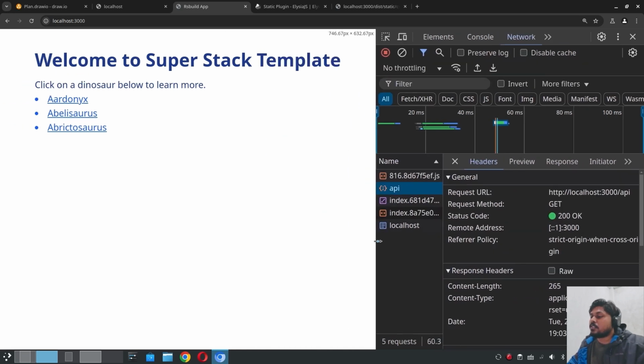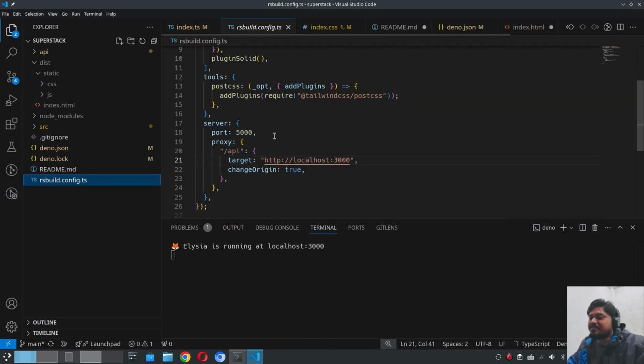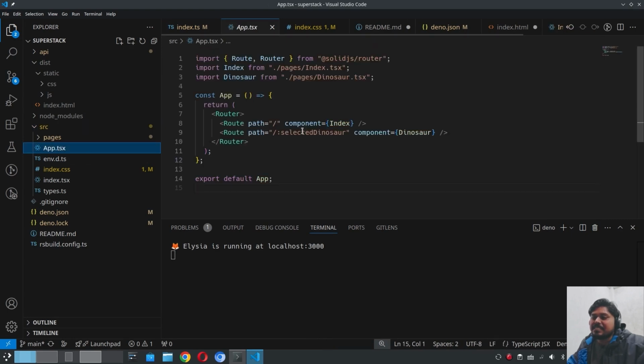So there is one more thing, the API. So now it is calling the API as slash API. So if you can just recall this thing here. So we were using